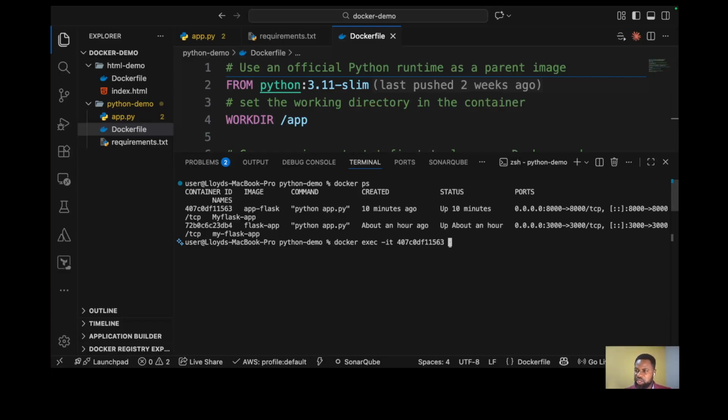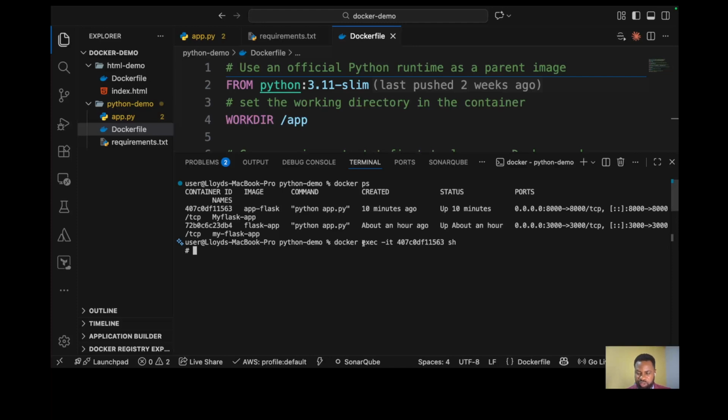Because I'm using the 3.11 slim image, let's try sh and see if it works. Okay, exactly, we use the shell and we are able to